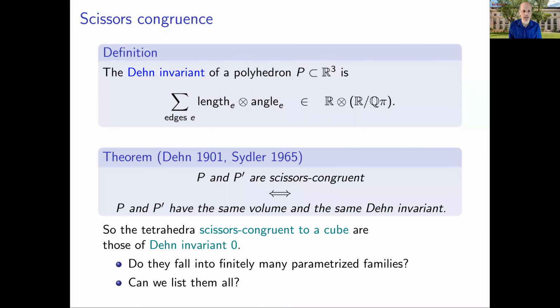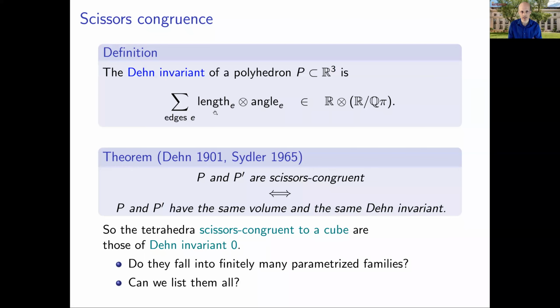I think probably many of you know this story, but anyway, here it is. If you have any polyhedron, you can form the following sum where you take the length of each edge tensored with the dihedral angle along that edge, and you view that as an element of this tensor product of Q vector spaces. So real numbers tensored with this quotient Q vector space. The angles are viewed modulo multiples of pi. Then you sum this over all the edges, and that's invariant,